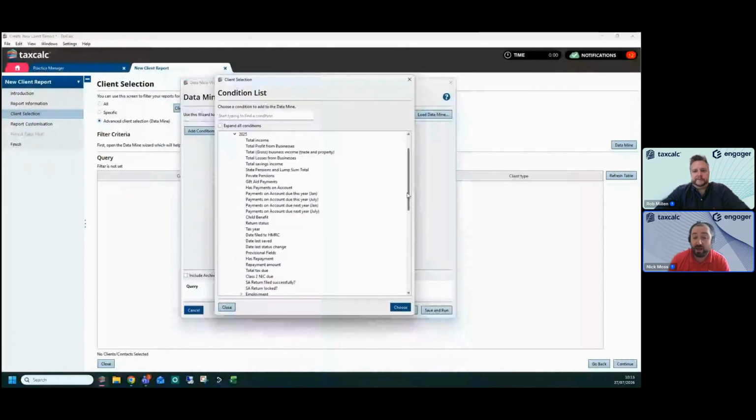For example, in the past, I've been able to run a report that says, show me all my clients with a total income between certain barriers. I want to go and contact them or know who they are. But the one that we want to look at today is payment on account due next year in July, because this is our 2025 period. So it's due the following year in July, i.e. July 2026. So if you double click on the payment on account due next year, July,